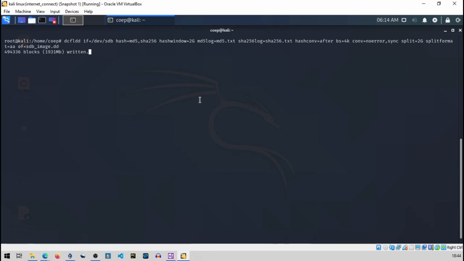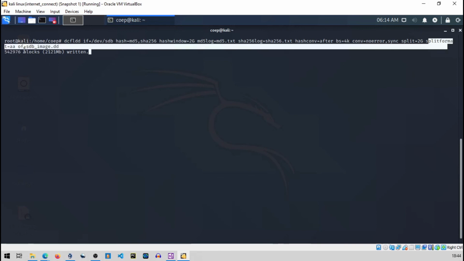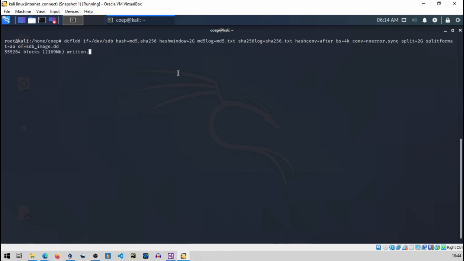The problem sometimes happens that if there are no proper output files generated, then it won't calculate the hash properly, and it has happened to me a lot of times. So I'm telling you that your split and your split size matter a lot. So execution is completed. Now let's see, it has stored the output files in the output folder.